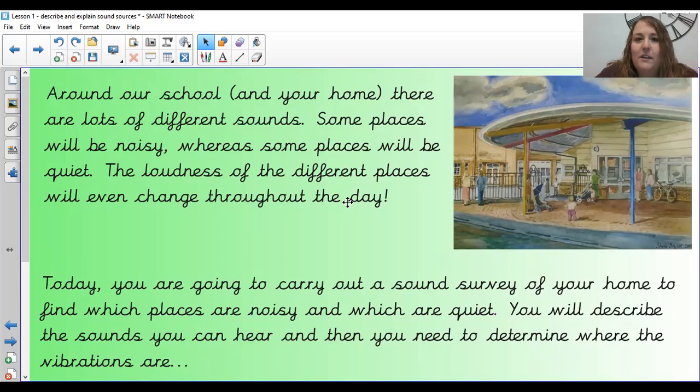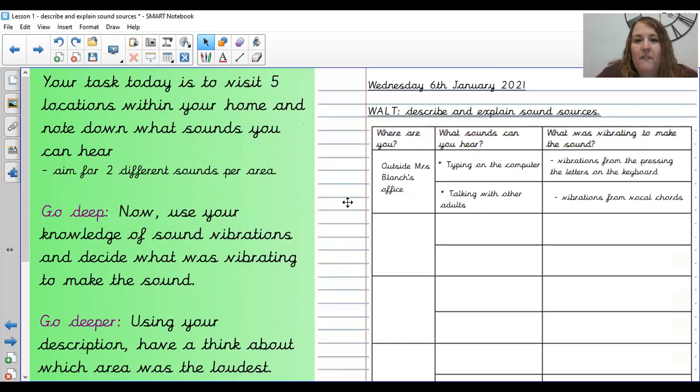So this is quite different than the computing activities we did last homeschool, where I just asked you to think about the sound, but it's finding those sounds today and determining where the vibrations are coming from, the scientific element of it. So in the top of your book, you can write the date on WALT like we normally do, and you